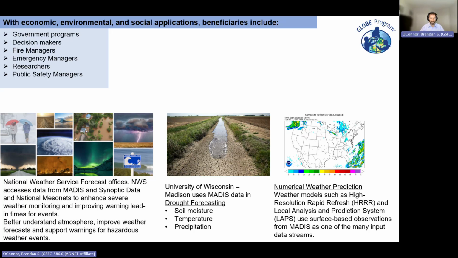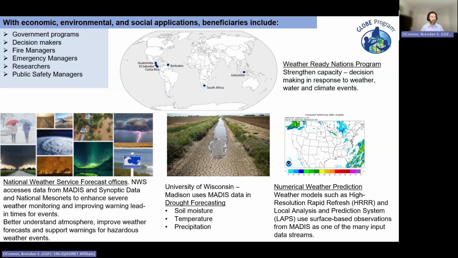We're obviously very conscious that the GLOBE program is a large international program in 127 countries, and there are lots of examples within the US, but also lots of examples across the international arena. The strapline for the National Weather Service here in the United States is to have a weather-ready nation, but there is an international weather-ready nation program as well, and there's a huge collaboration with the National Weather Service to position other communities across the world to be in an informed position when it comes to making decisions in response to either weather or water or climatic events.